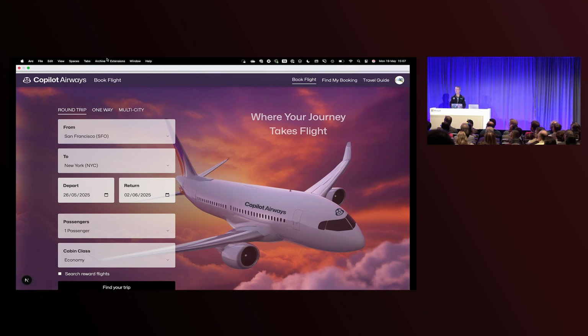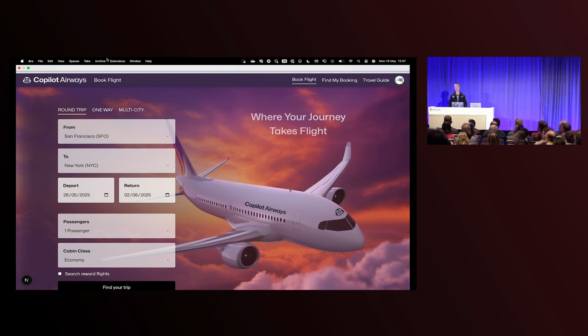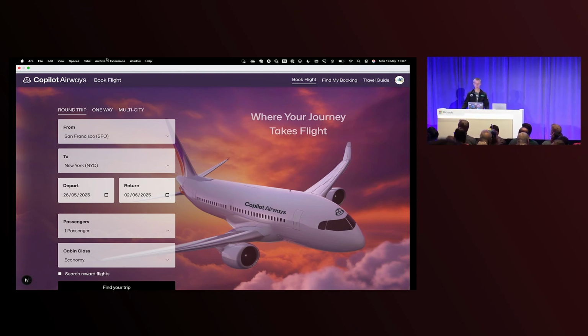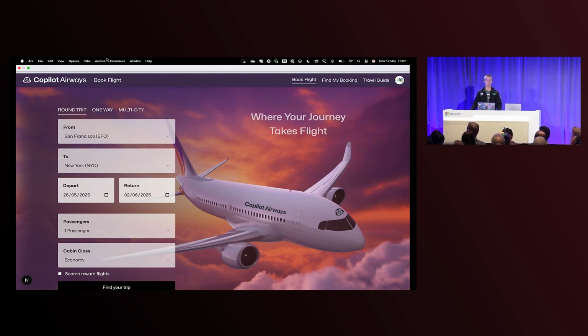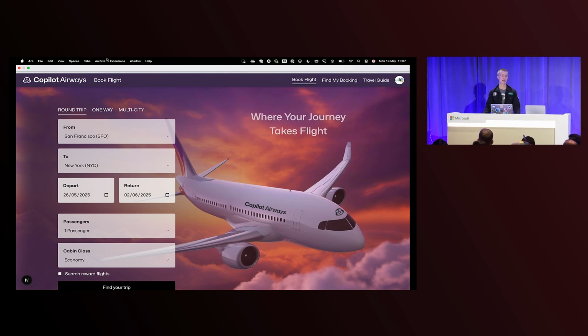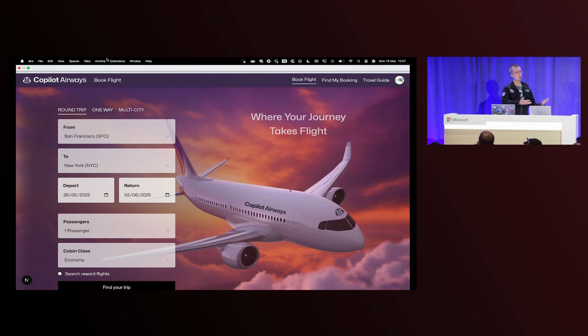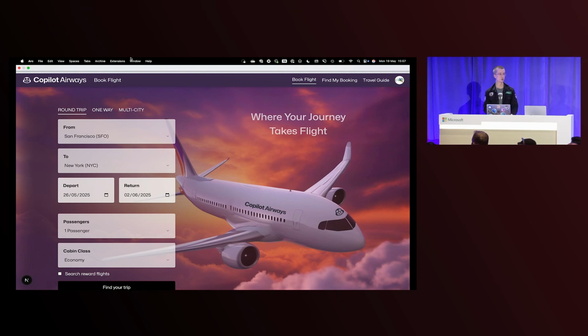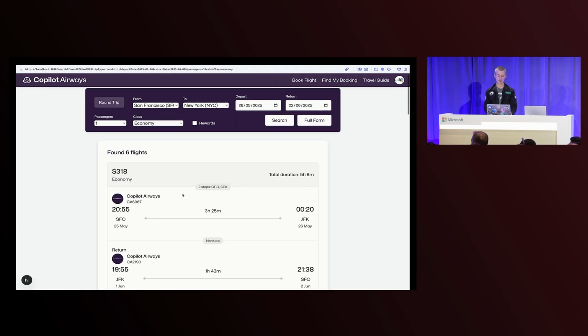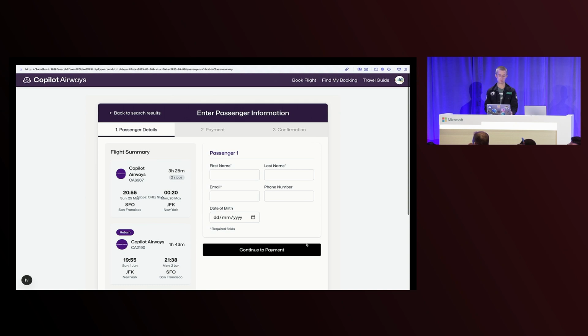Great. Well, you should be able to see on the screen the website of our airline, Copilot Airways. You might have seen this at GitHub Universe, our conference last year. And it's also what you will have seen in some of the videos that Luke just showed. This is a moderately complex application. It's built in Next.js and uses Tailwind CSS as well. It's about 40,000 lines of code. So it's not incredibly simple, but it's also not incredibly complex. So it's a nice test case for these kinds of agents. On this website, I can search for flights, I can make a booking, and I can even manage bookings.